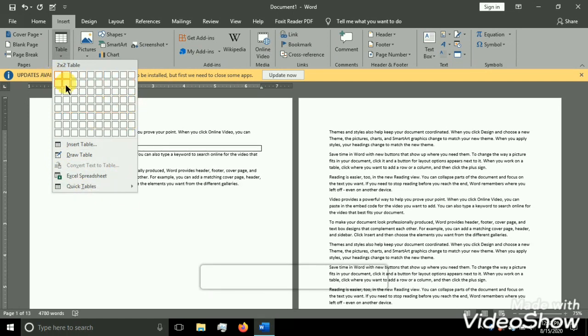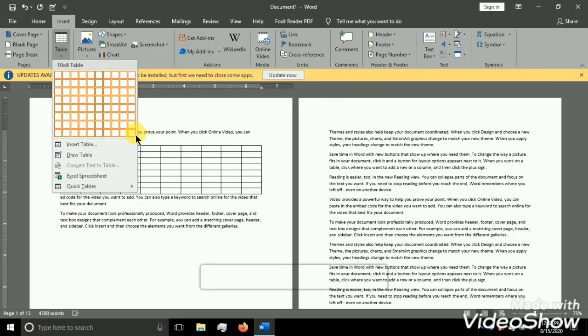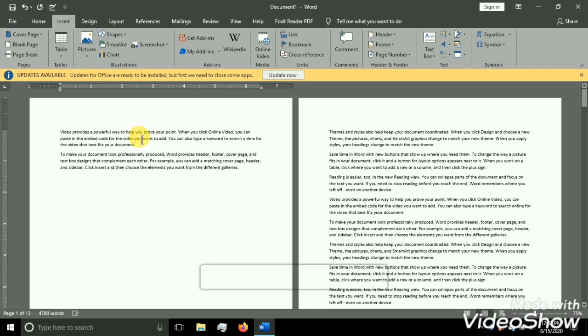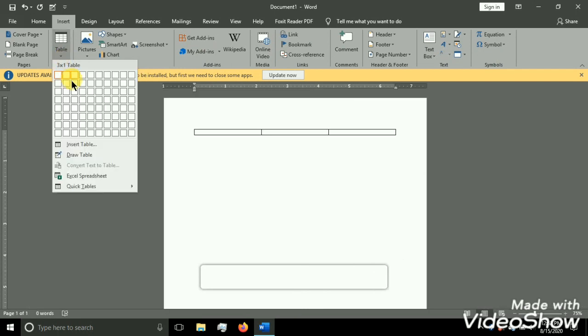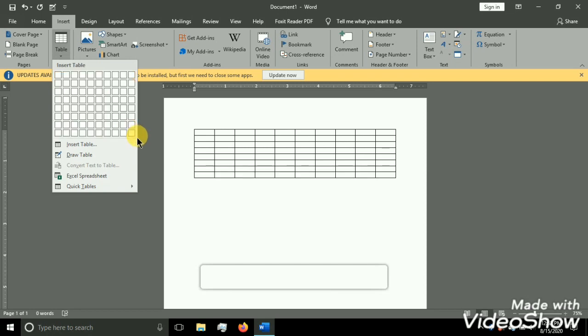Here, first of all, I have different ways. The first method is manually selecting the cells present here with the mouse. We can select these cells using the mouse, and insert the table just by clicking.